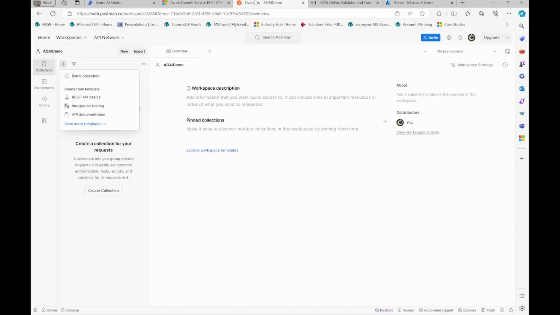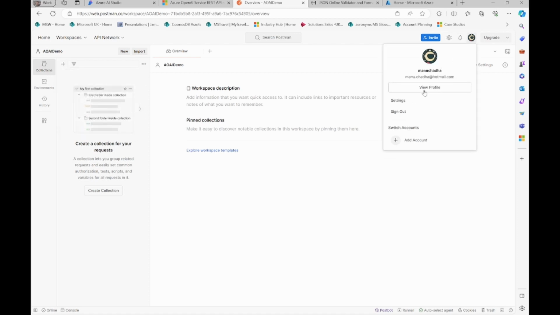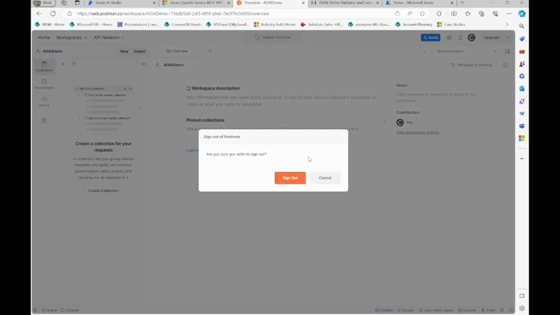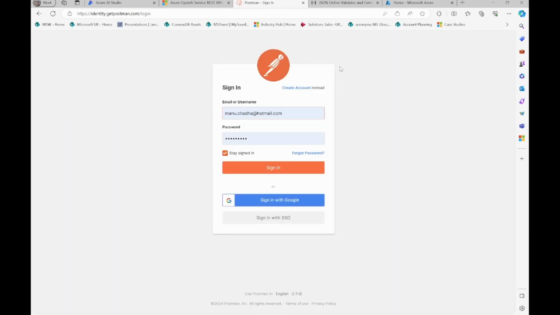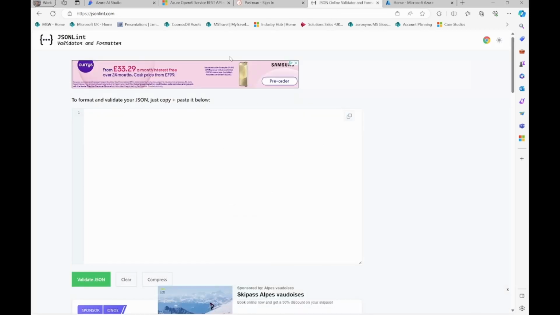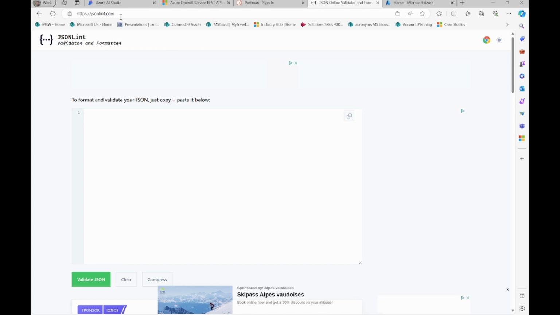I will also show you how to send the API request. So the application I'm using is Postman. You can download a version of it on your local machine, or you can use the web version. I am using the web version. I will also show you how to create your profile and create the endpoints. And I also have another application I will use, which is to